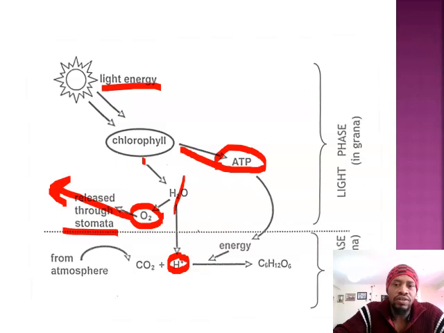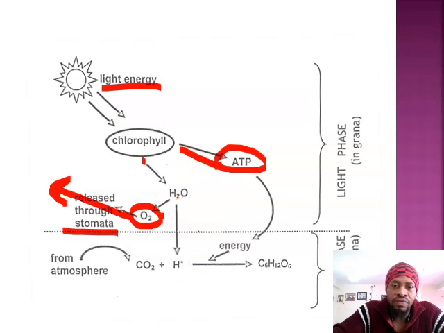Now, that is all that happens in the light phase. So, as a recap, chlorophyll traps radiant energy, uses the energy to make the energy carrier molecule adenosine triphosphate, and part of the energy is used to split water into 2 high energy carrying hydrogen atoms and oxygen, which is then going to be released as a byproduct. That is it with the light phase. That's the end of the light phase.